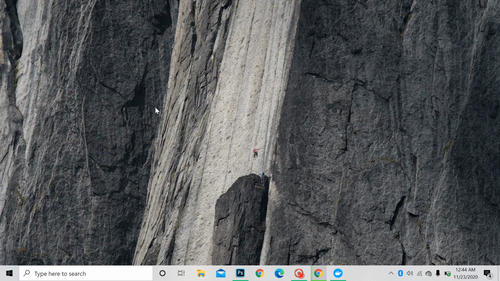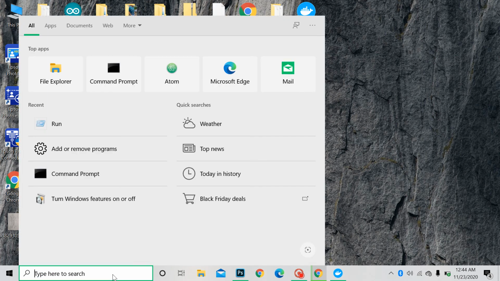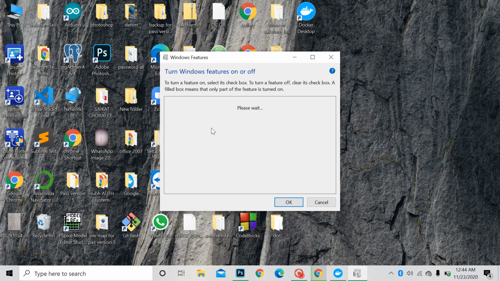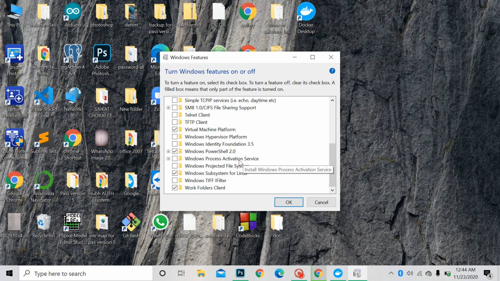So if you find any issue, like a pop-up saying something is missing or that WSL2 is not installed, go to Turn Windows features on or off. You can search here for Windows features, and after that you have to enable one thing. Look, Windows Subsystem for Linux.